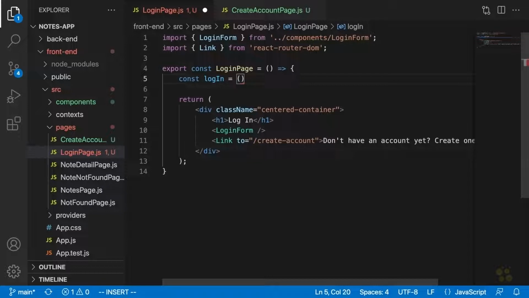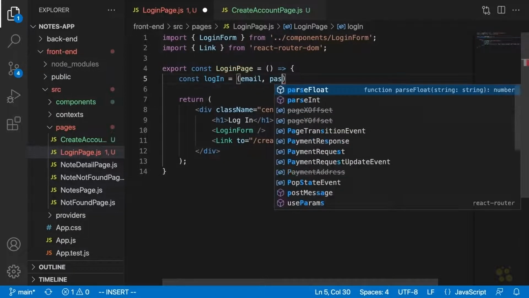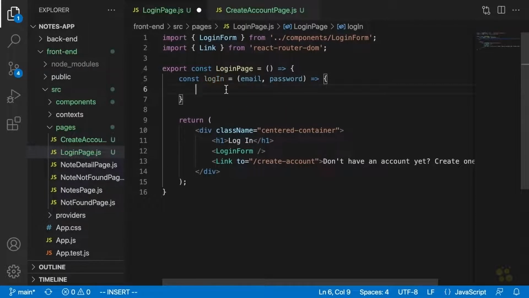And this function is going to take, if you'll remember, the email of the user and the password of the user, and it will end up performing whatever logic is necessary for logging the user in, right? So that might be logging the user in with Firebase auth. It might be logging the user in with a JSON web token. Lots of possibilities there. So for now, though, we're just going to display an alert, and we'll come back and actually add Firebase to this project shortly. We're just going to say logging in,